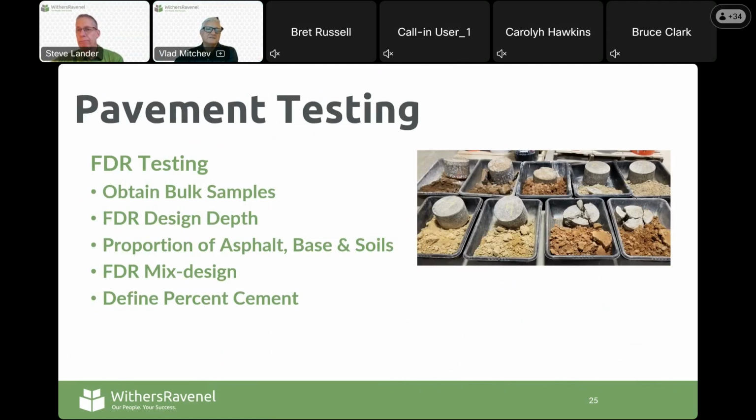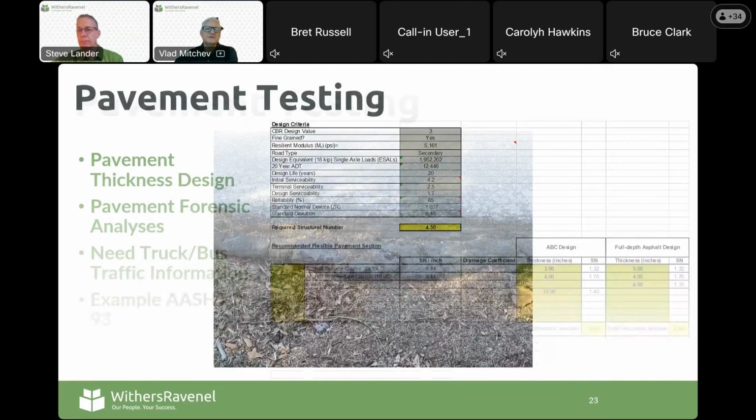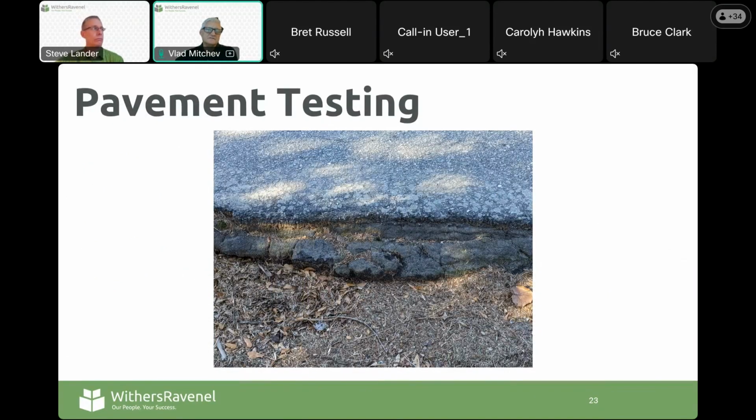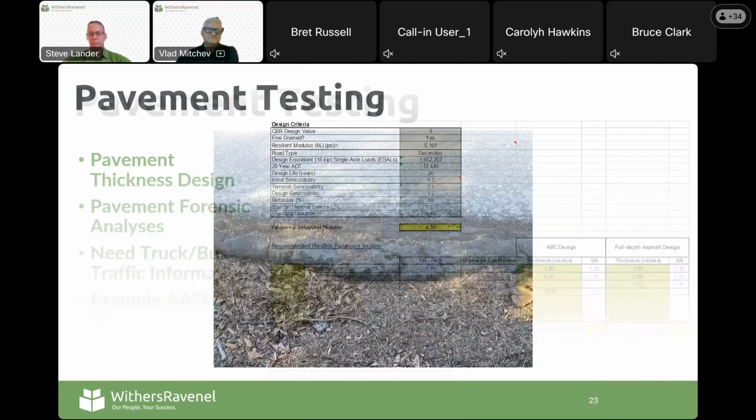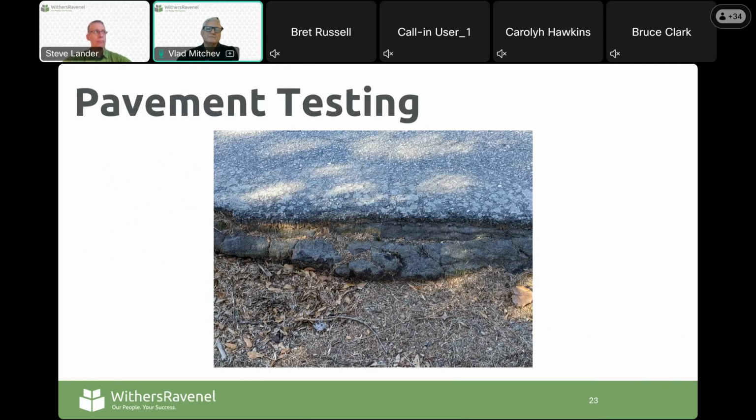So speaking about this picture here, with the block cracking and the 7-8 inches of overall asphalt thickness with no base, our decision based on that information and the PCI score and pavement distress was to go to FDR, full depth reclamation with cement, where you can mill this 2 inches of asphalt, reclaim the remaining 5-6 inches of sand asphalt with part of the subgrade,